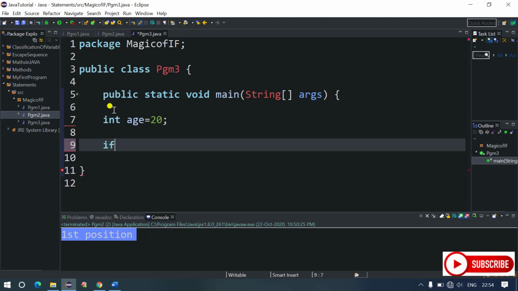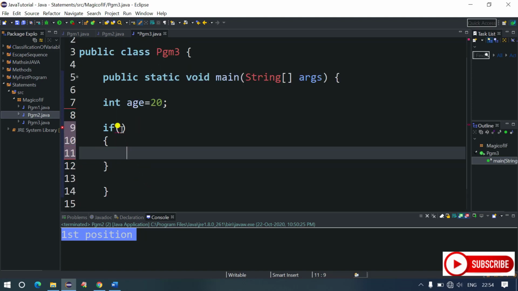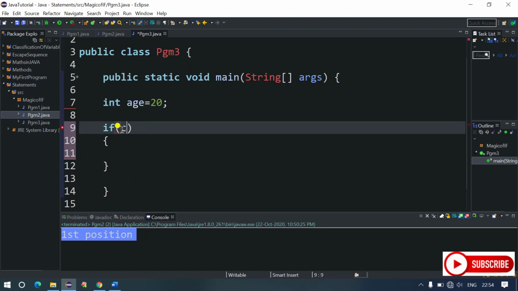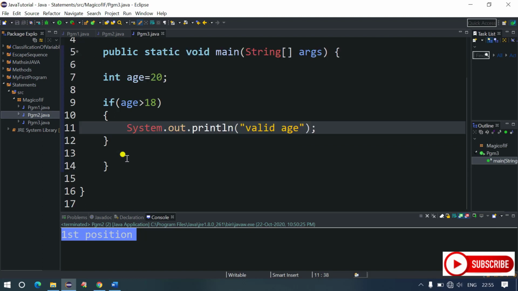So currently, we are using the syntax like this of the if statement. This is how we are using the syntax of the if statement, right? And we are entering the condition. So let's say I'll just say age, say 18. And here we are printing the output, right? So guys, the syntax I told you, this is the if